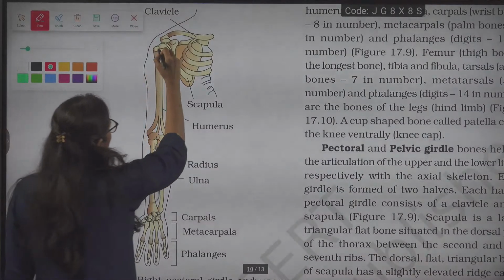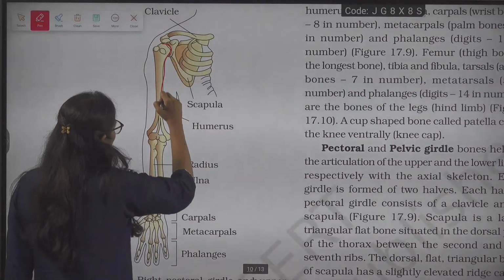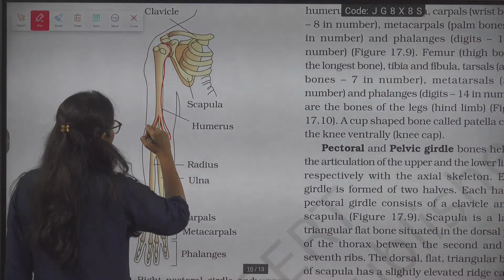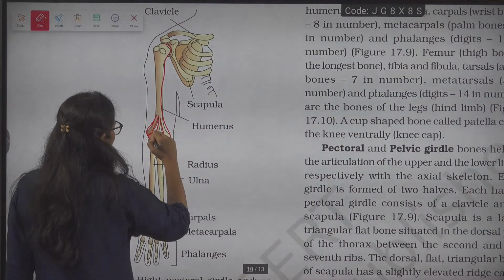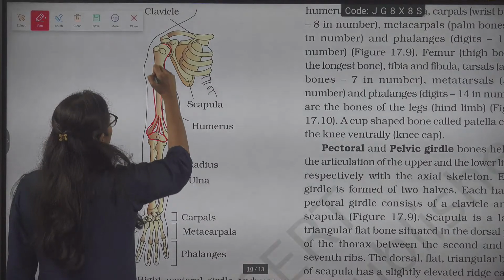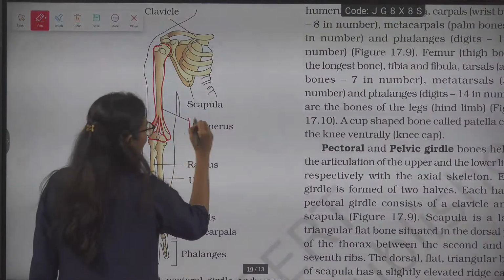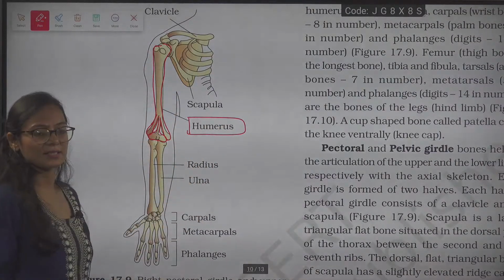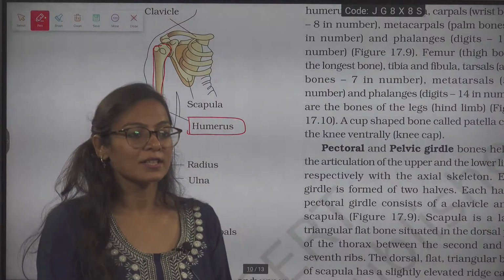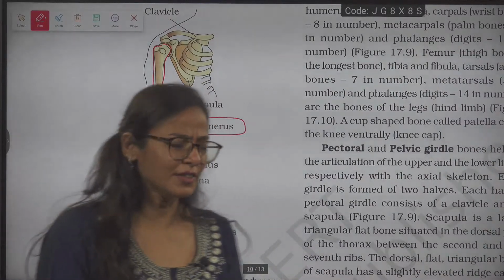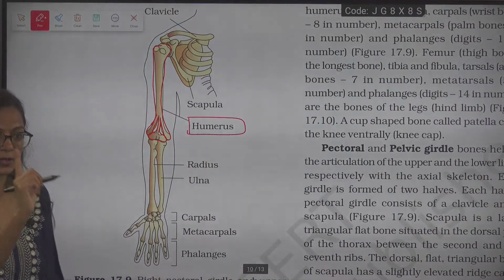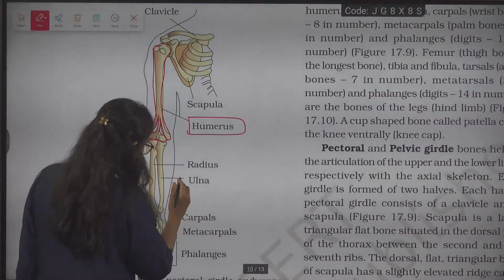Now can you see here, you can even name this bone, I'm sure. This one over here, this bone, it's also marked. That is one of the long bones, that is humerus. Very good. So that is one. In one hand only one, right? Then there are 2 more bones,